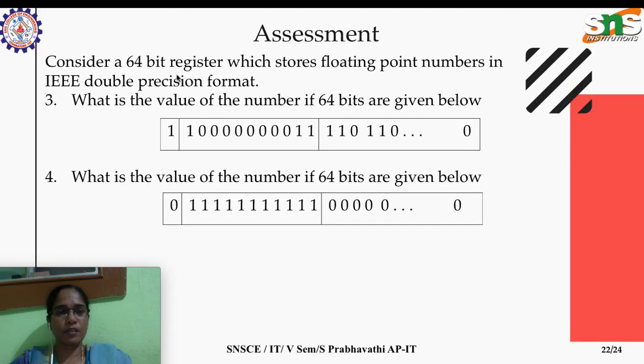Similarly the same thing for 64-bit double precision. What's its value and what's this value? Here it is all ones. You just check it out, and here you need to calculate it. So that's it about floating point operations which follow the IEEE standard, single precision and double precision. Single precision takes a 32-bit number with one sign bit, 8 exponent bits and 23 mantissa bits, whereas double precision, keep that in mind, is 64 bits in size with one sign bit, 11 exponent bits and 52 mantissa bits.